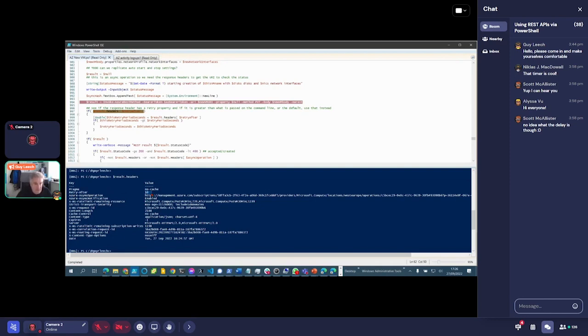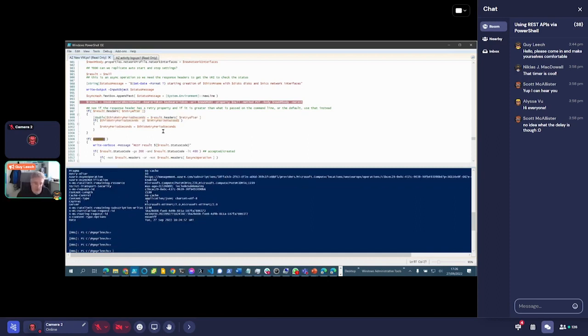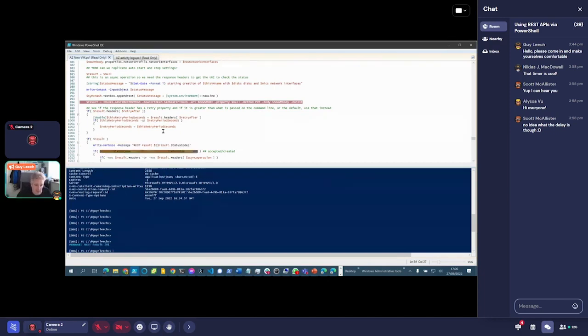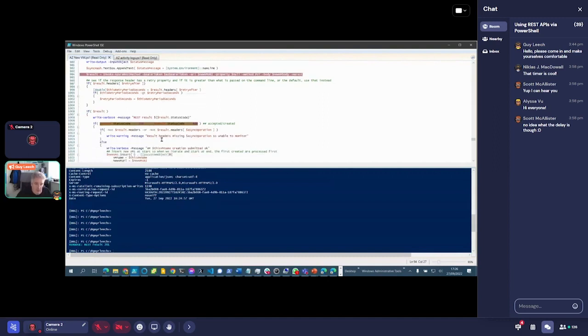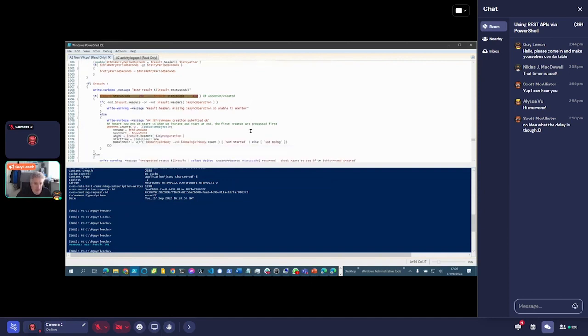So if we step through this now, because I'm in a loop now, I'm only creating one VM, but this loop could create 10 VMs. Again, use of write verbose when I'm debugging. So I'm checking the status code is a 200 or thereabouts. And what I do is I actually add an item to the table, or to an array that I can iterate through later, as we'll see. So my headers async operation is